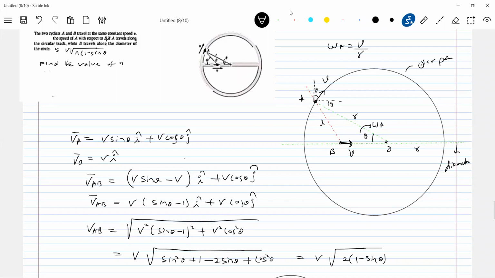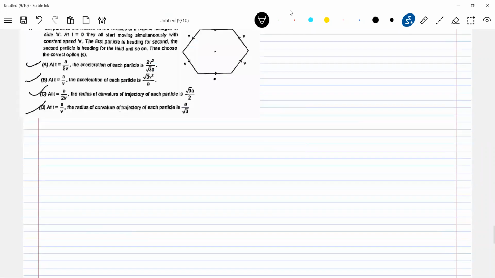Is that okay, no? Then the angular velocity of A with respect to B means you have to show it here. If you are interested, you can calculate. The distance L you have to work out from the geometry available. If this distance is known, then you can work it out. OB distance is known, you can work it out. So angular velocity of one particle with respect to another particle, can we manage this? It's very easy now. It's not only when they're moving in a circular path. Okay, now I'll take one more last one.